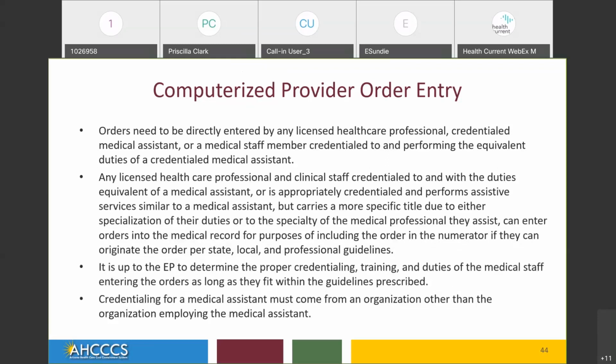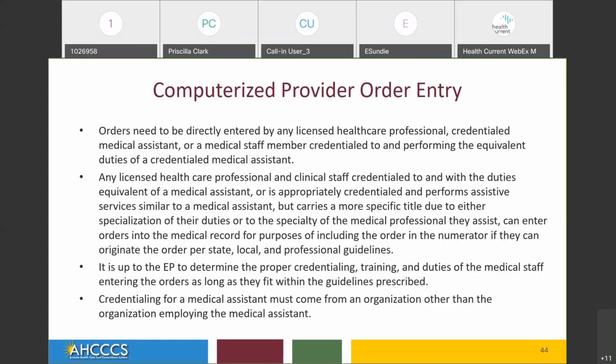Orders need to be directly entered by any licensed healthcare professional, credentialed medical assistant, or a medical staff member credentialed to and performing the equivalent duties of a credentialed medical assistant. Any licensed healthcare professional and clinical staff credentialed to and with the duties equivalent of a medical assistant, or is appropriately credentialed and performs assistive services similar to a medical assistant, but carries a more specific title due to either